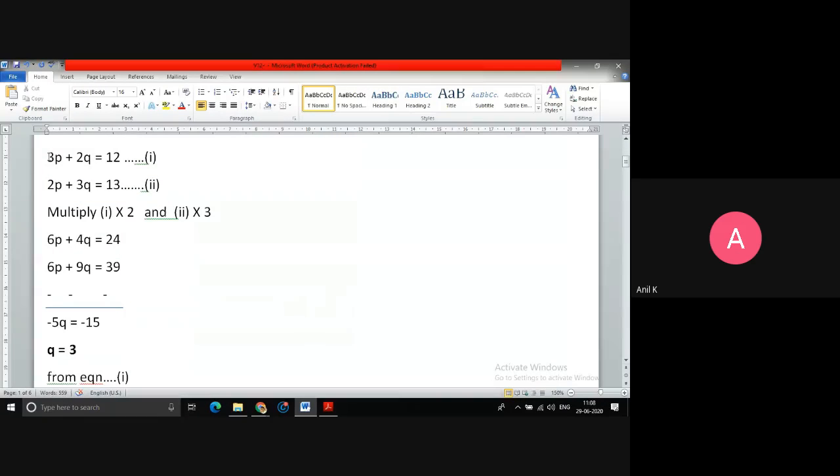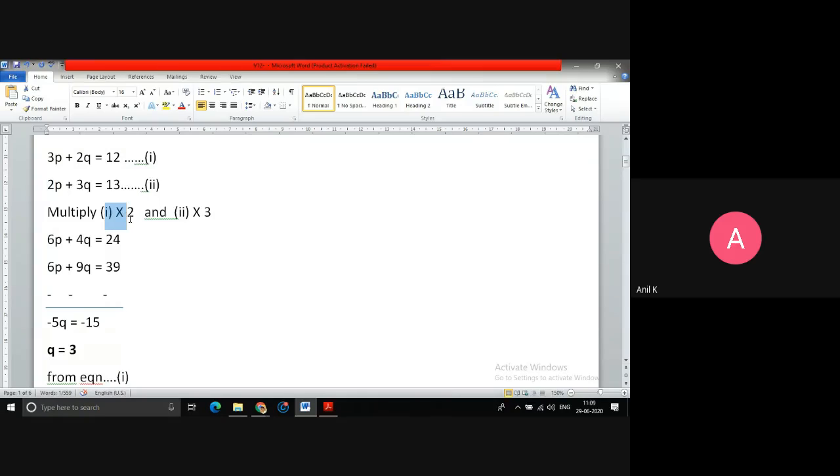Now, Deepak, you have a doubt how to use the elimination method. So I'm going to use the elimination method only. Now look here, equation 1 and 2. If I want to use the elimination method, here I want to eliminate P. So I decided I have to eliminate P here. Look at the coefficient of P in this equation, that is 3, and here the coefficient of P is 2. How do I make the coefficients the same? Just multiply this equation with 2, so 2 times 3 is 6. And multiply this equation with 3, 3 times 2 is 6. That's how the coefficients of P are going to be the same.